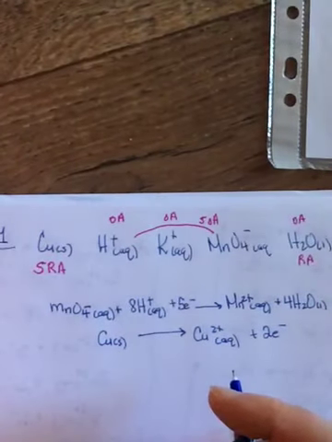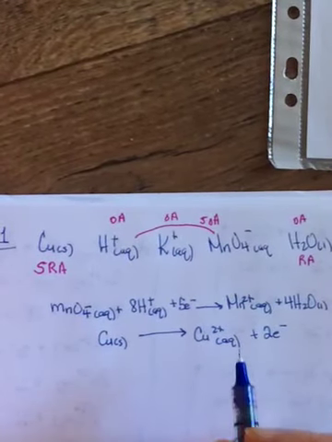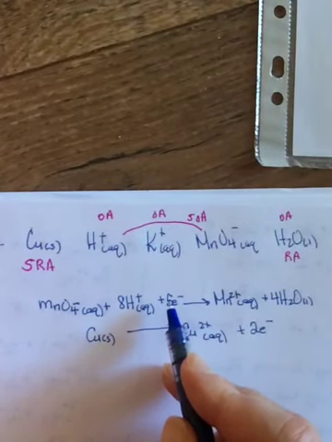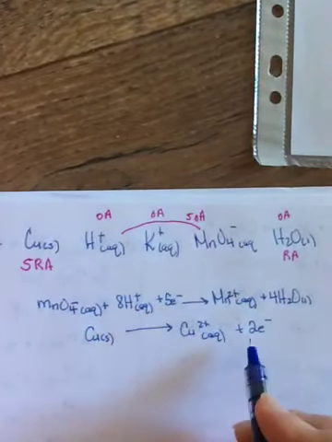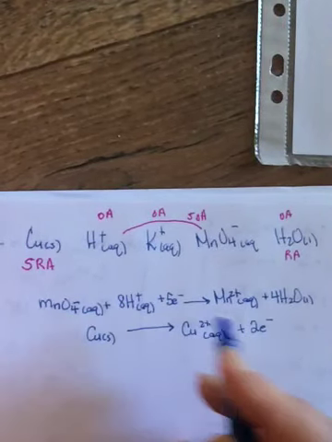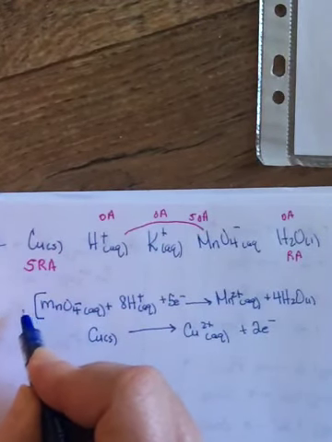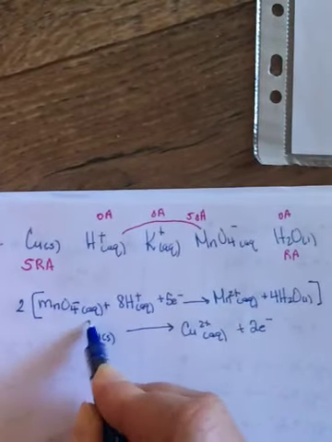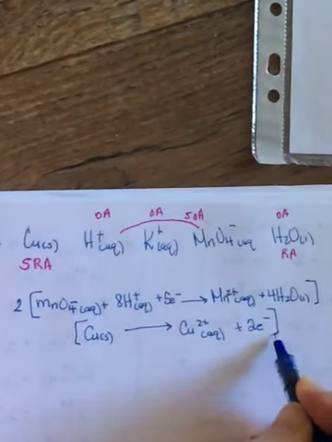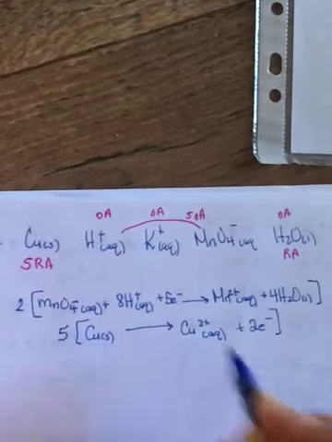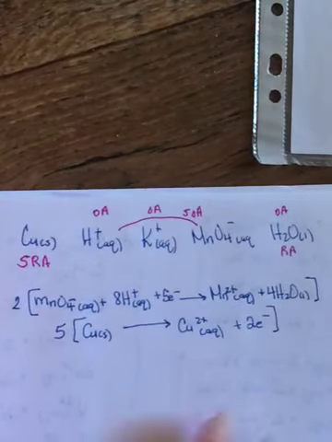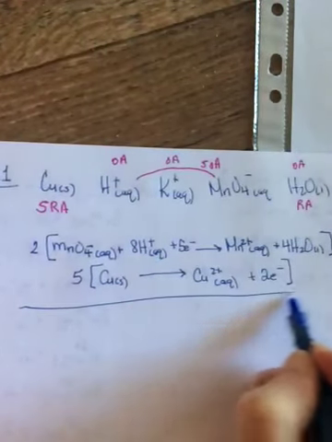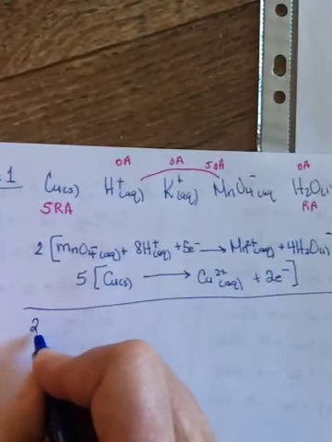Step 5 says balance the number of electrons lost and gained. So in the first one, the MnO4 is gaining 5 electrons, but the copper is only losing 2. So you're going to need to multiply this half reaction by 2, this half reaction by 5, and now there'll be 10 on both sides, and now we can add them together. So you'll have